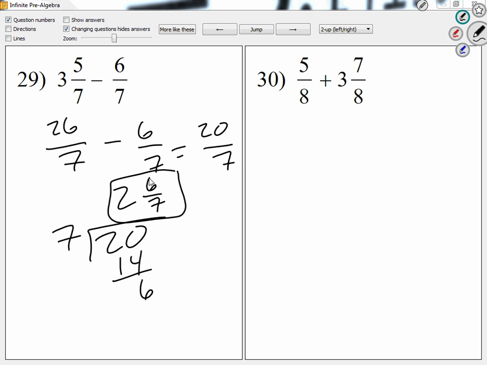Your remainder should be smaller, in this case, smaller than 7. If your remainder is bigger than 7, you guessed too small in the 2. Right? Because we could have gone, well, 7 into 20. Let me do this incorrectly. 7 into 20 goes in 1 time, so my remainder is 13. When the remainder is bigger than the 7, we got the number a little too small. Right? The remainder